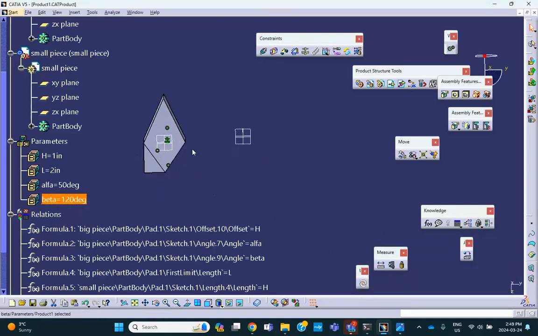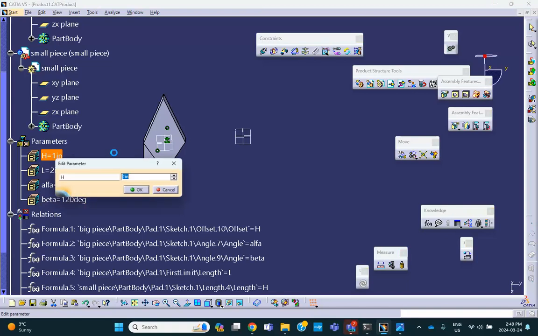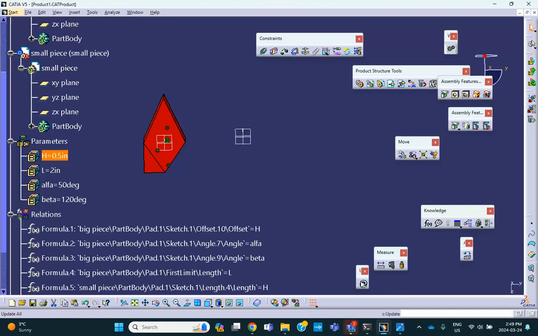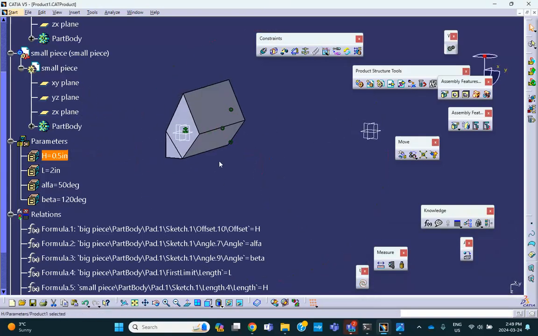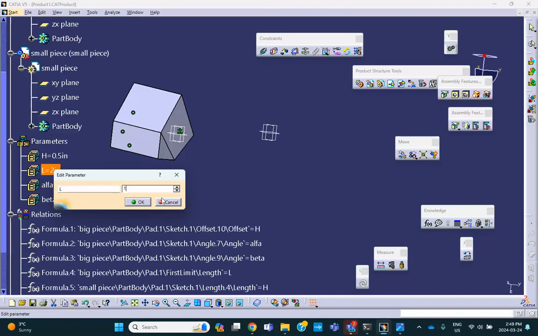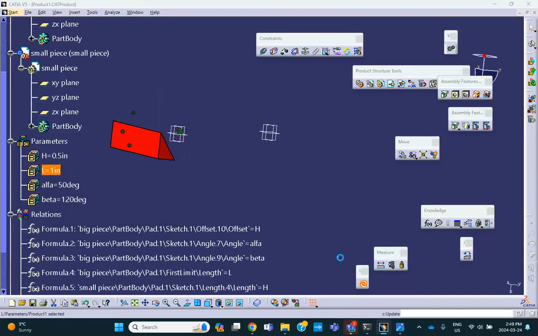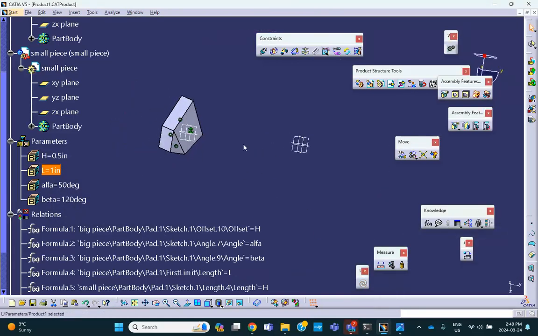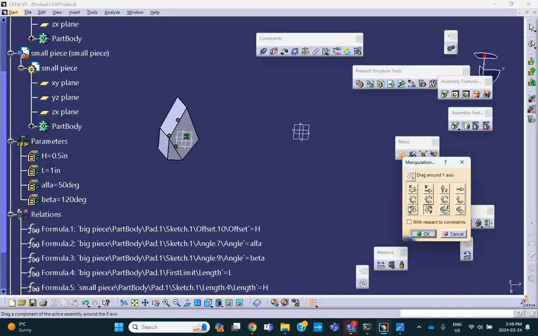H is this height, so I'm going to make it smaller, maybe 0.5. Yep, good. And this is obviously working. So if I change L to 1, it's also working. And believe me, if I do all kinds of crazy rotations and translations to these parts,